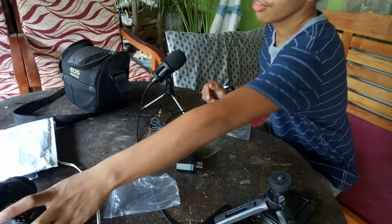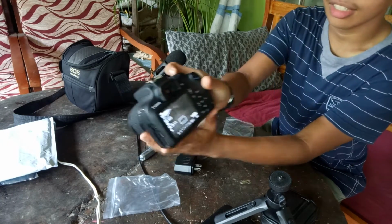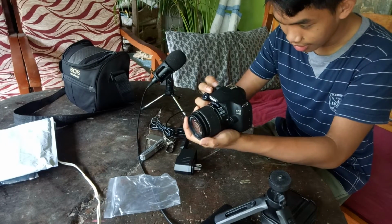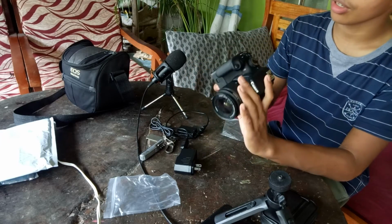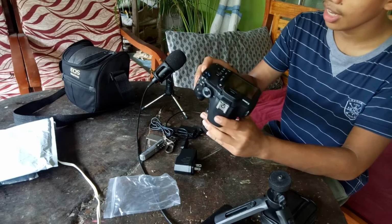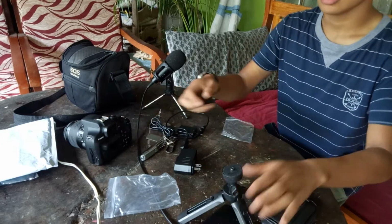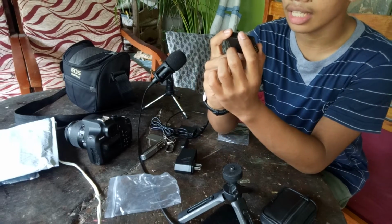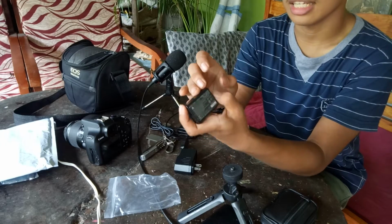So I have my camera right here. It's actually still on, as you can see. I don't know if that's in focus or not, and honestly I kind of don't care at this point. So what we're going to do is turn it off, obviously, and remove the culprit of this thing. This is an LP-E10 battery. This has 860 milliamp hours. It is 7.4 volts, which is exactly